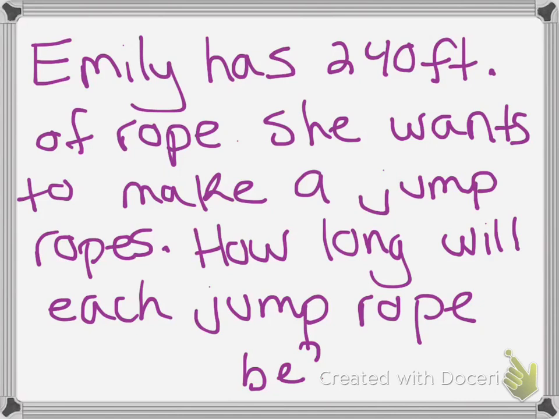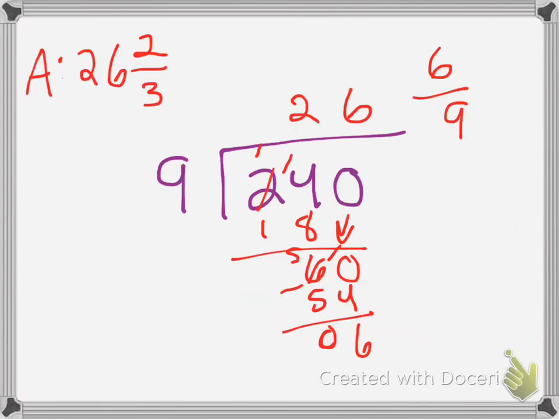Emily has 240 feet of rope. She wants to make 9 jump ropes. How long will each jump rope be? Again, pause that video, solve, and come back and check your work. All right, ladies and gentlemen, if you see here up at the top, each jump rope will be 26 2/3